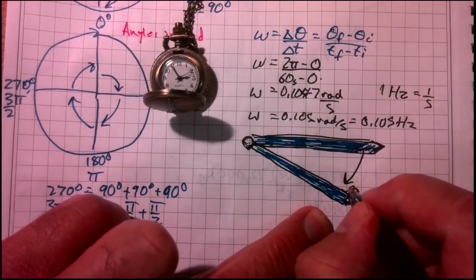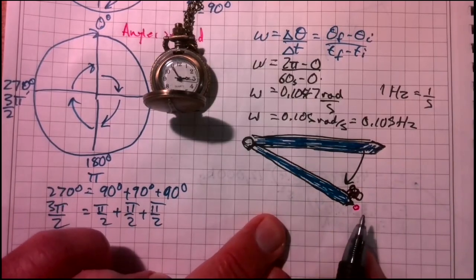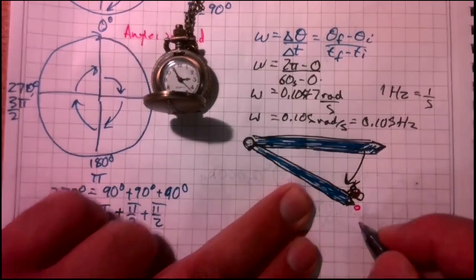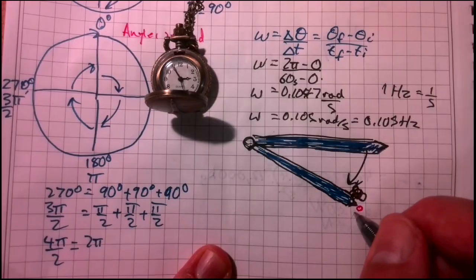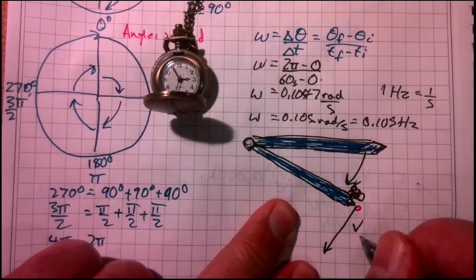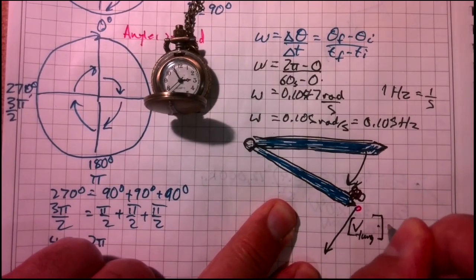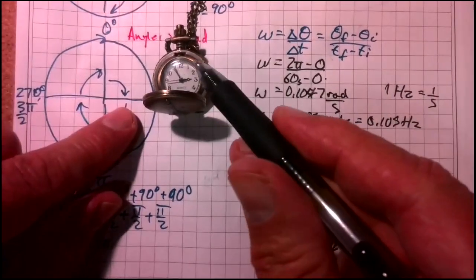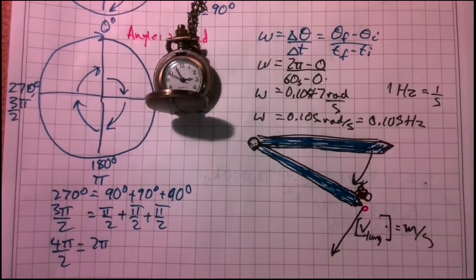Okay. So here's our ant on the end of our second hand. Let's say our ant is intelligent somehow and he can measure velocity. Now, yes, he's going in a circle, but he does have an instantaneous velocity this way. This is the tangential velocity, and it has units of meters per second. So if there's a little insect riding on the end of that hand,